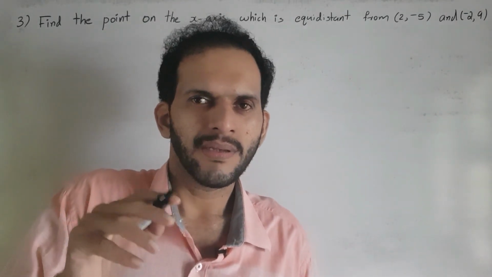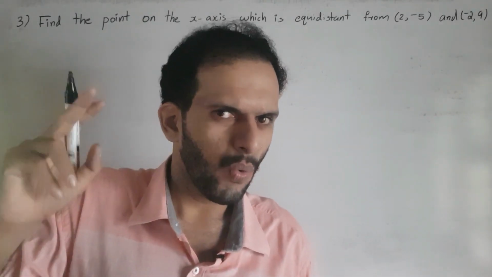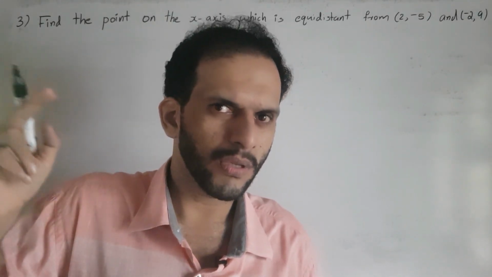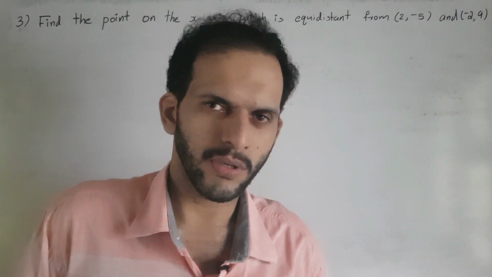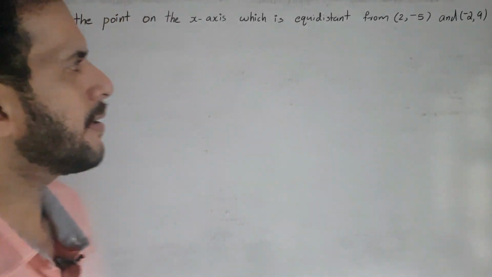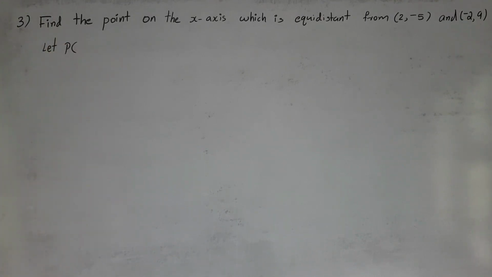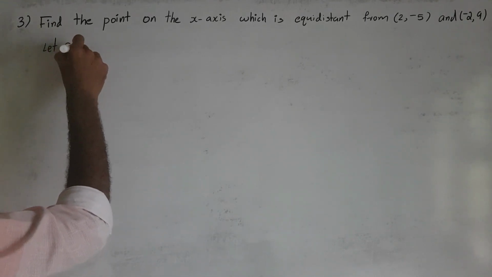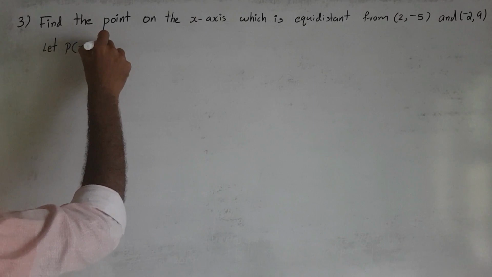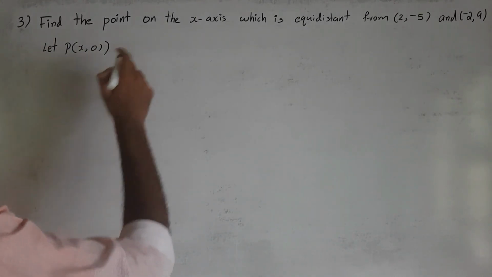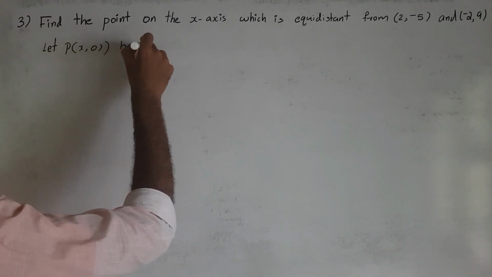The coordinate forms are (x, 0) and (0, y), or (a, 0) and (0, a). We studied like that last year. Okay, so we start here. Let P, what is the coordinate form of P? (x, 0), because the point lies on the x-axis. So let P(x, 0) be equidistant